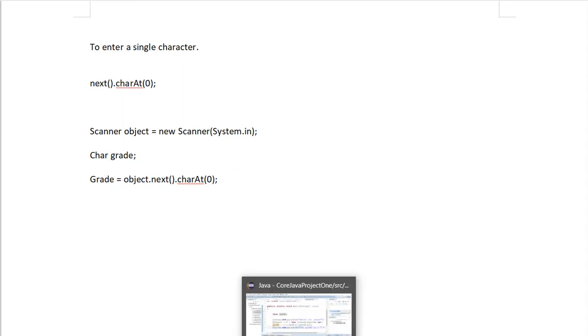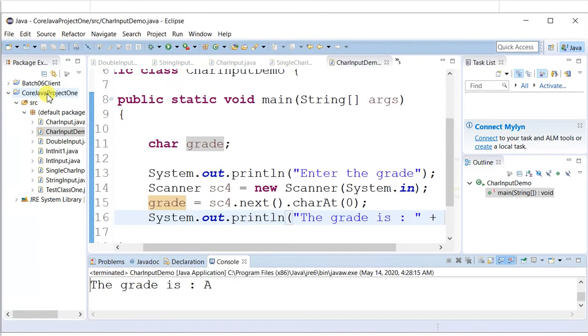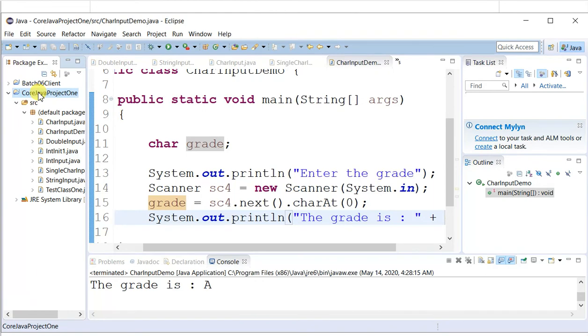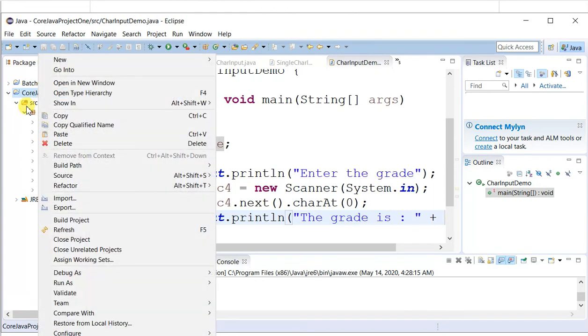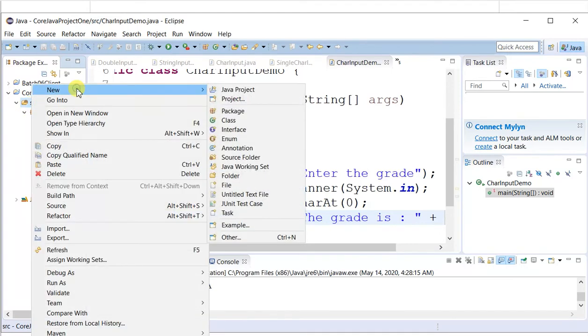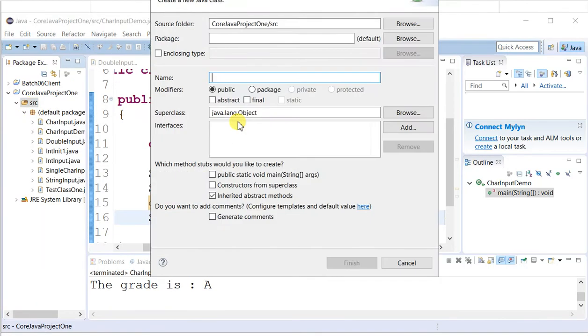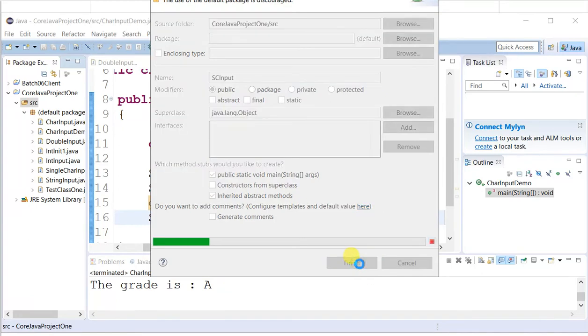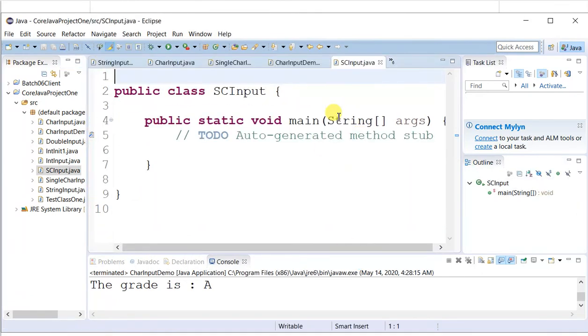So now let us check how we can write the code for it. I'm just using the same project, core Java project 1. Let me create a new class, SingleCharacterInput. I'm enabling the public static void main method.